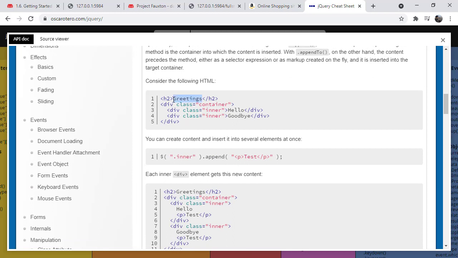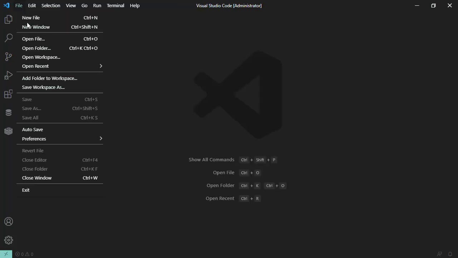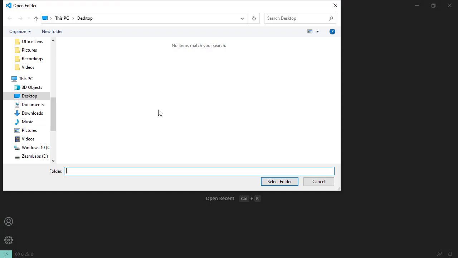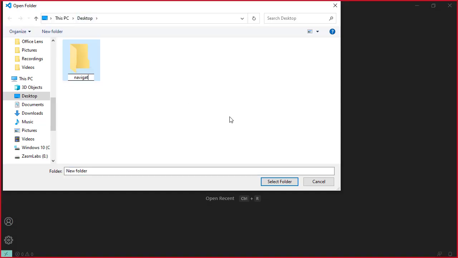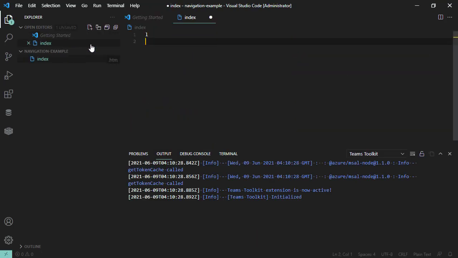To append something, you are going to require an HTML to begin with. So let's go ahead and create our website over here. And I probably don't want to do this right here. Let me go ahead and open a folder. You can call it navigation example. Select folder. Now I'm going to add two files, index.html